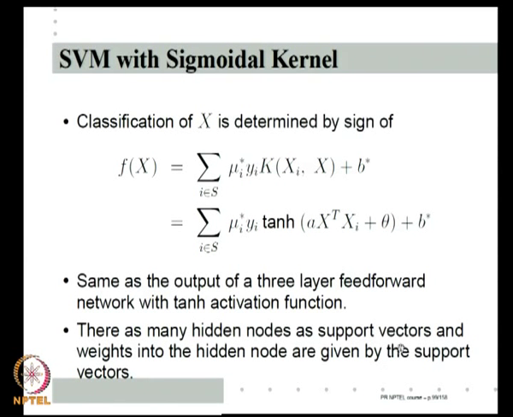Right. So, once again, if I use a support vector machine with a sigmoidal kernel, what I get is essentially like a 3-layer feed-forward network with sigmoidal activation functions, where the support vectors determine the hidden nodes. Okay. So, in that sense, these kernel functions are very nice. SVM with kernel functions gives rise to nonlinear classifiers that we have already seen earlier.